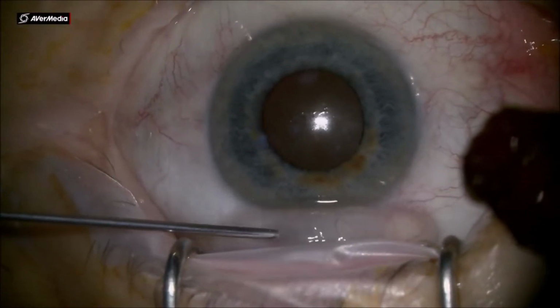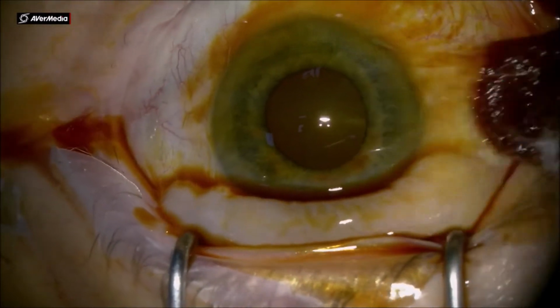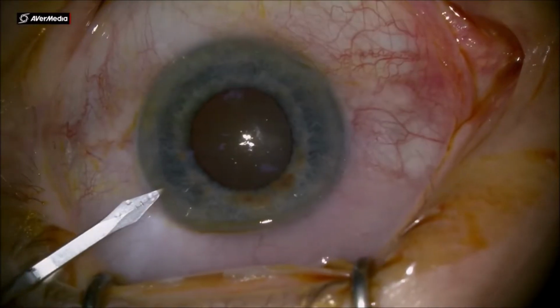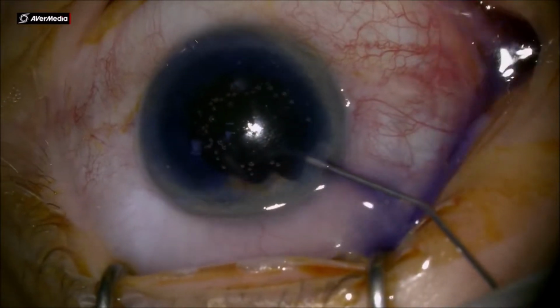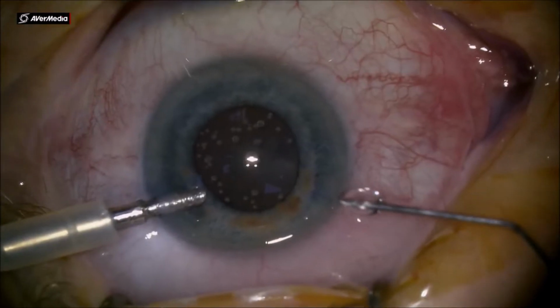Dear colleagues, this is a case of leathery cataract in a small pupil, pseudo-exfoliation syndrome and all that stuff. All the good stuff that we like in small pupil cases. So I do the paracentesis